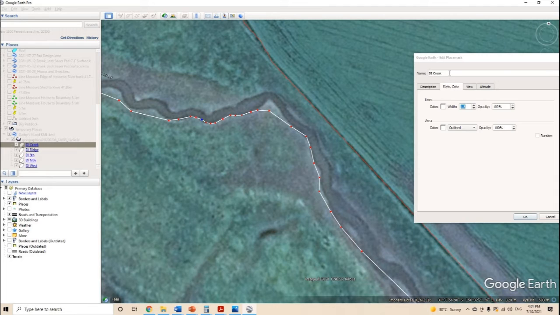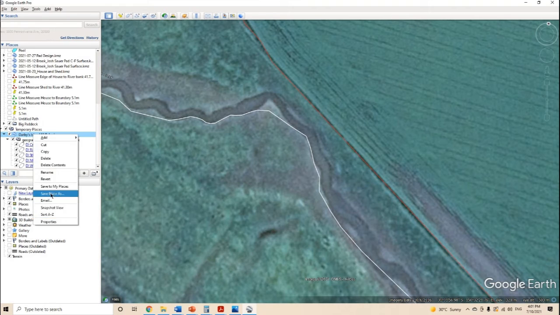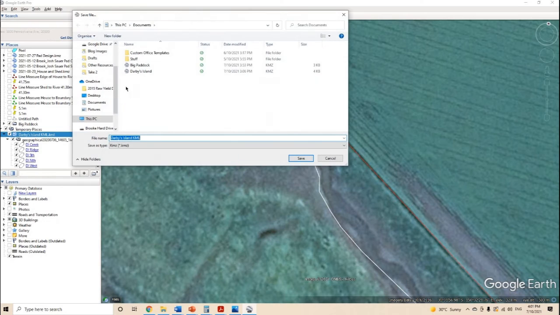Okay, so once you've finished editing this entire boundary, you can either save it as a separate name, but if you know that you want to return them to somebody else, I would keep them the same name and just click OK, and it will override that existing boundary within that folder. So then that way, if you want to share that folder again back to the original source, say to your agronomist, you can just right click on this, go save place as,